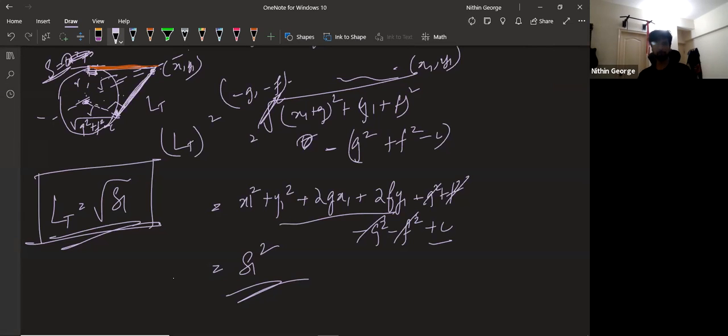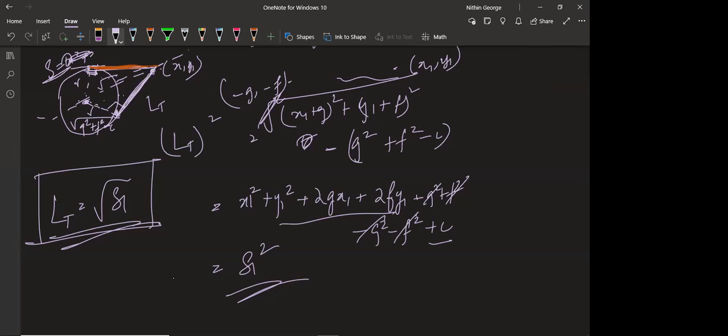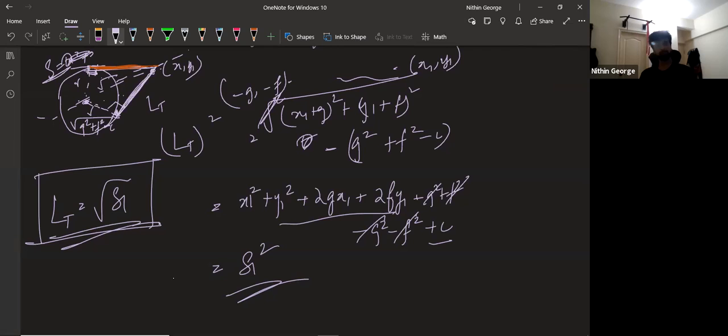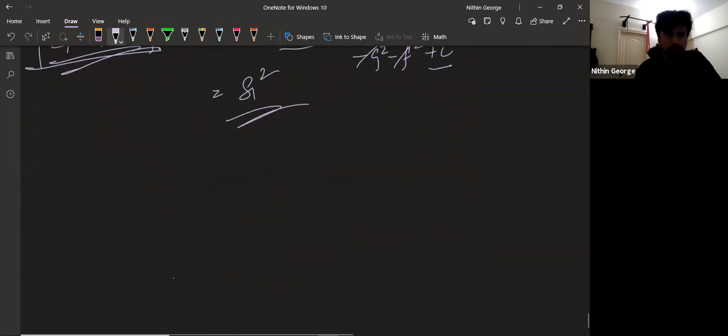Guys, are you following? Yes, sir. The reason I explained that derivation was because it's very useful while solving problems. You need not remember things like this once you see tangent and length of tangent involved directly. It involves these two congruent triangles. Right, so length of tangent will be root of S1. This is your takeaway from this.